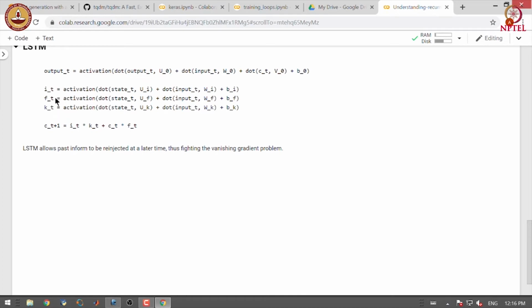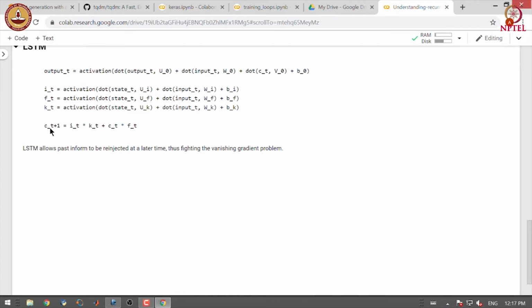So, all these 3 numbers are calculated based on activation applied to dot product between the recurrent connection or the recurrent information and its weights, adding that into a dot product between the feature vector and its weight, adding that to the bias term.